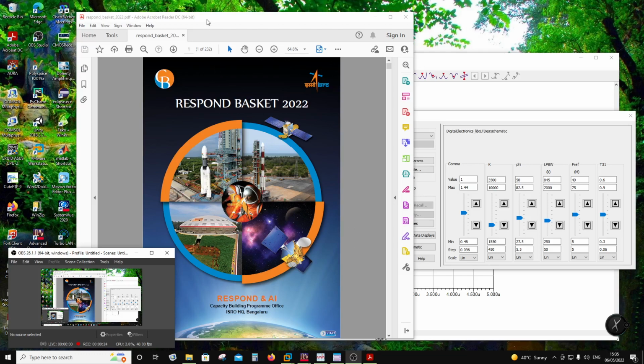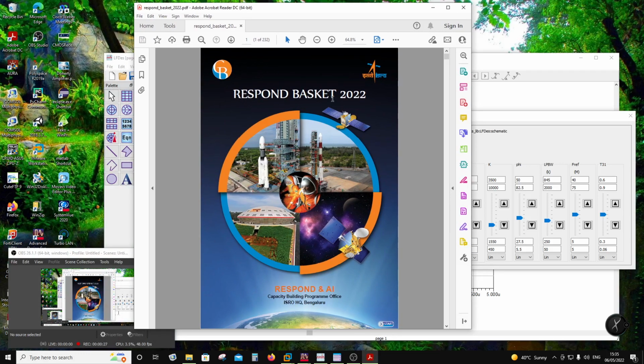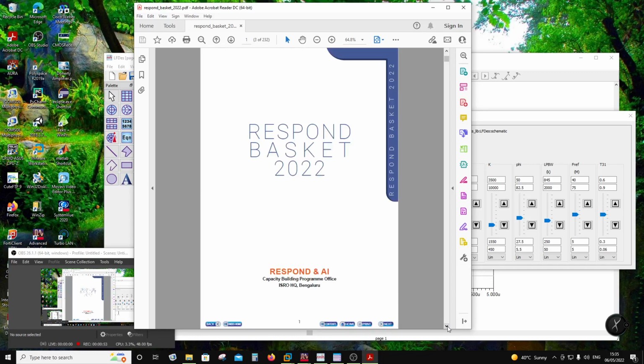So what you see here, somebody forwarded me this RESPOND basket 2022, and this is coming from ISRO. Now, the point I wanted to make is, this is a program which they run with various academic institutions. Basically, they have a list of projects which they are going to send to various participants, which are the institutes, and various professors are going to pitch in for this kind of funding. So this is usually a 3-year funding, and every year you can send them